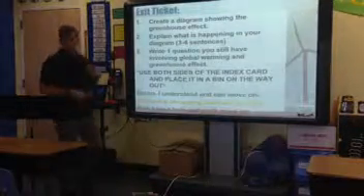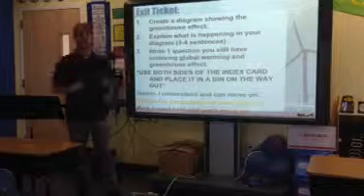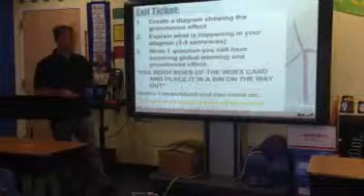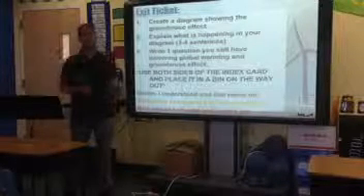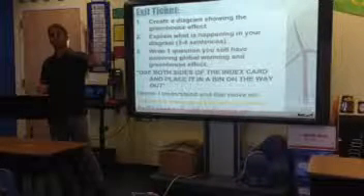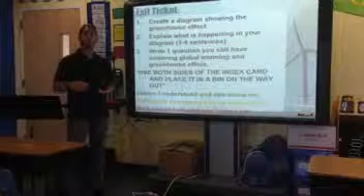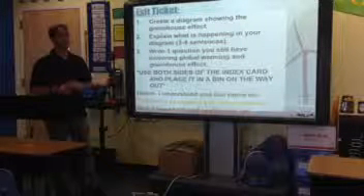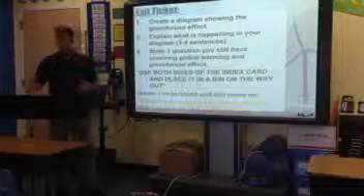Independently, they're going to get an index card or a graphic organizer. They will then create a diagram showing the greenhouse effect using Earth, sun, heat, and greenhouse gases, which they must label. On the other side of the index card, they're going to explain what is happening in the diagram. Now, for the lower level learners,